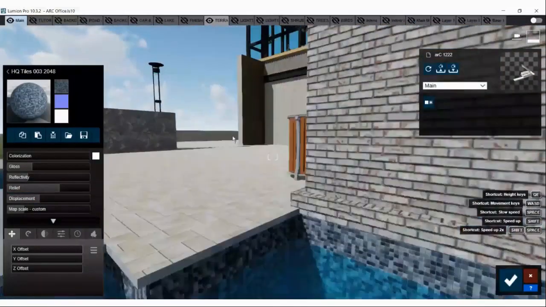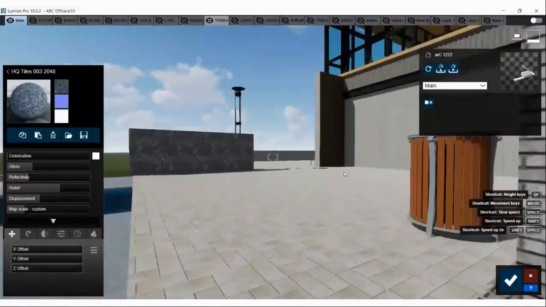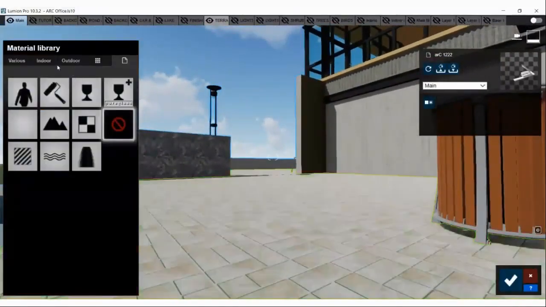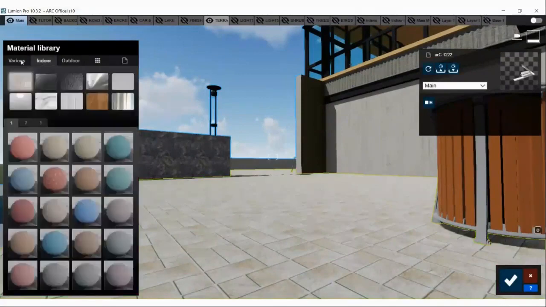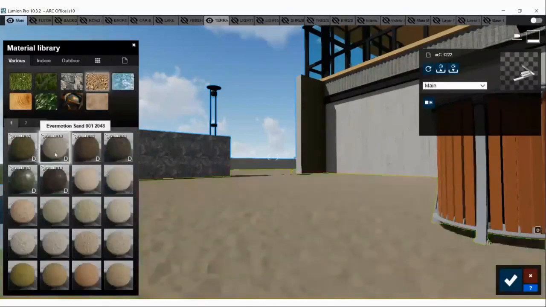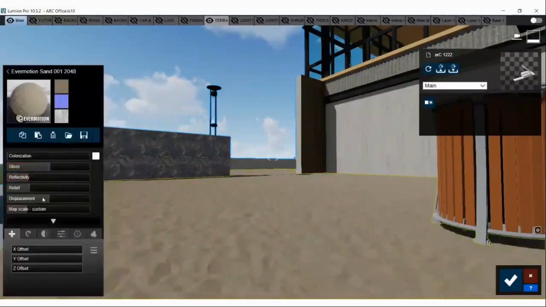So in the material library, more new materials are there with the custom displacement map also, and we will see how it is effective on the rock, soil, and other bricks. So this is a material for soil with the displacement, and we'll check. Okay, so this is displacement. Okay, this is perfect.